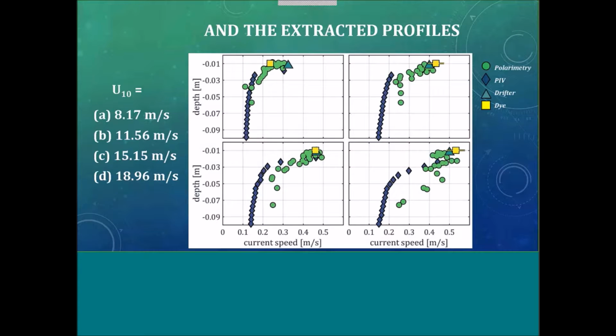What you see here is the current below the surface, this is 10 centimeters below the surface. This is what the current looks like. And then in these different wind speeds, you see as the wind pushes stuff on the surface, this is really important for understanding oil transport or anything moving at the surface. That very upper layer is moving a lot faster under the force of the wind than the water just below it. So you see here, this is the speed. Here's the curve of what's happening.